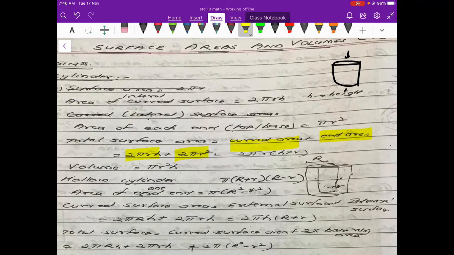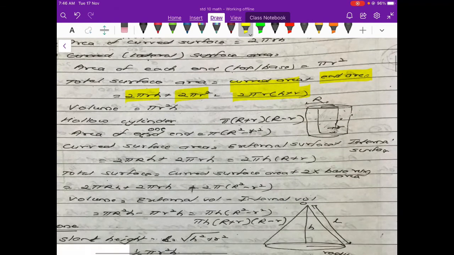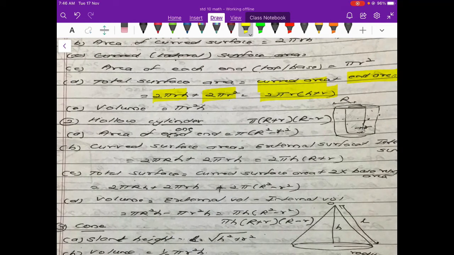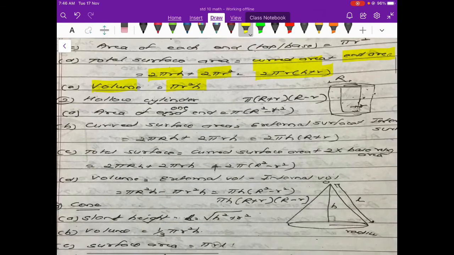If we club that, always remember we should club the formulae in surface areas and volumes in this chapter, so that things become easier and faster, and you will get more accurate results. So if you club it, it will become nothing but 2πr(h + r). Now the volume is simply given by πr²h. These are very simple things which we have studied in 9th standard also.